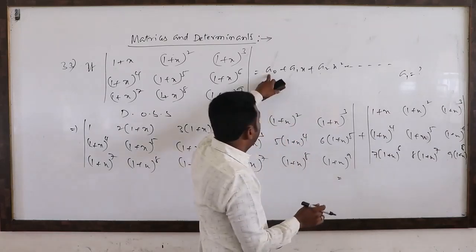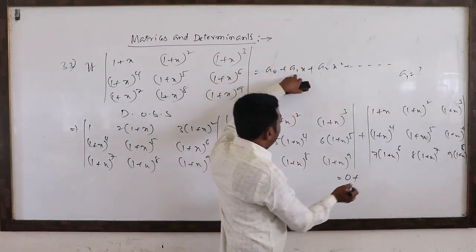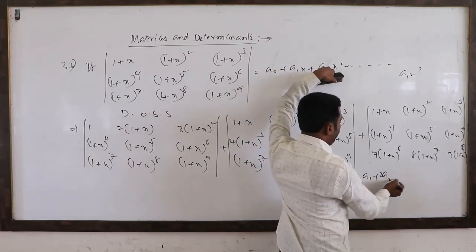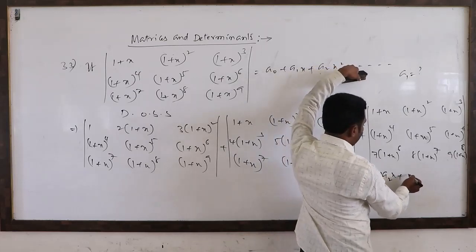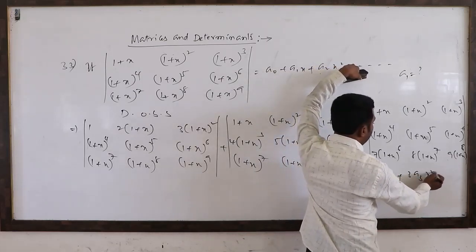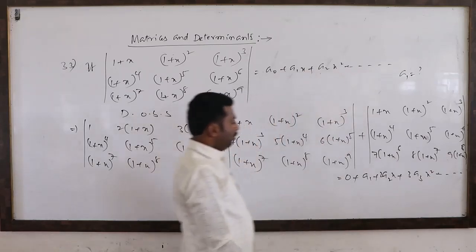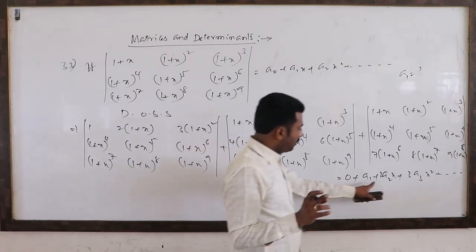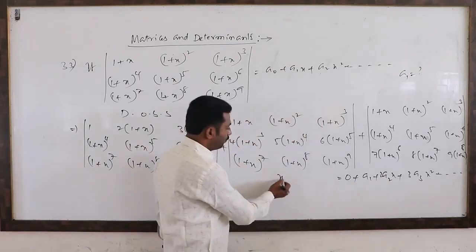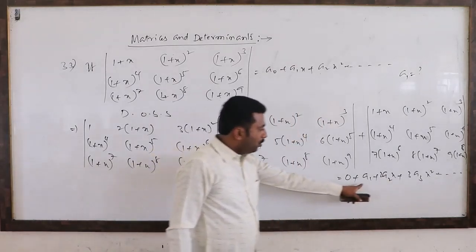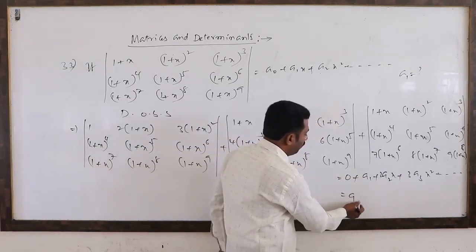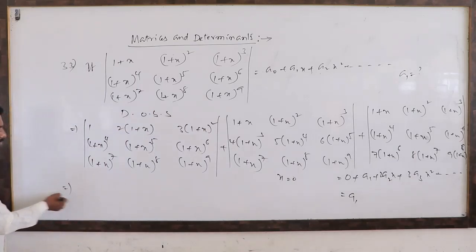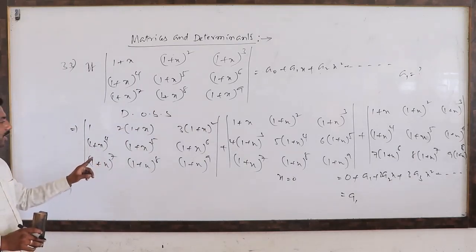this derivative. Tell me, a0 derivative constant is 0, a1x derivative a1, a2x square derivative 2a2x, then and so on, 3a3x square and so on. You observe where you will get a1: x we have to take 0. See, x 0 means on the right side what will we get? Only a1. Suppose if I take x equal to 0, see which terms will be identical.